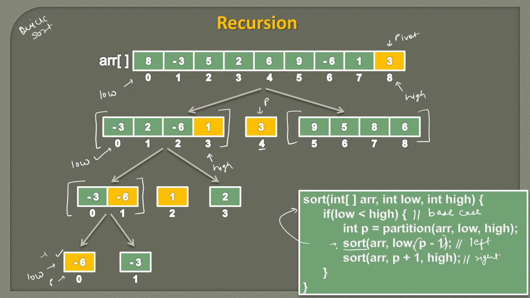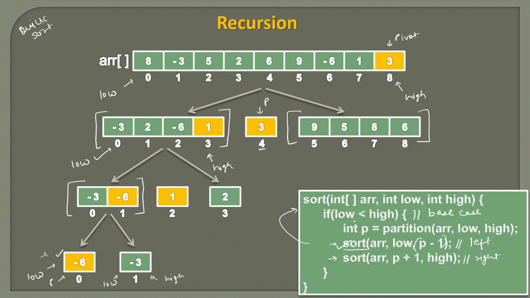So now this method is done because when we call sort again, we will reach this base case and we will return. So this method will be done. So now this sort method will be executed and we go to the right side of the pivot. It means now we are taking in the elements which are greater than minus 6, which is the only element minus 3. So p plus 1 will be our new low. This will be our low and high will remain the same index.